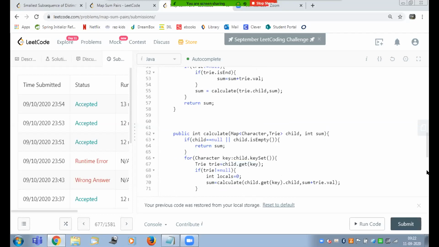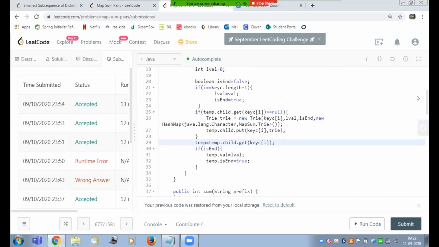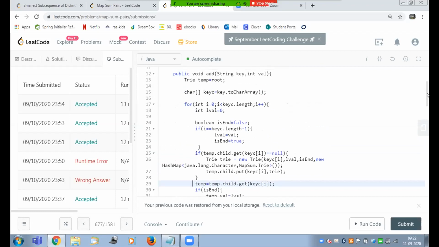So you're moving to the next level. Yes, I'm moving to the next level. And whenever there is an end, I'm updating the trie value to the input value.